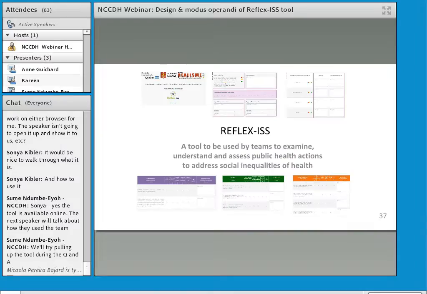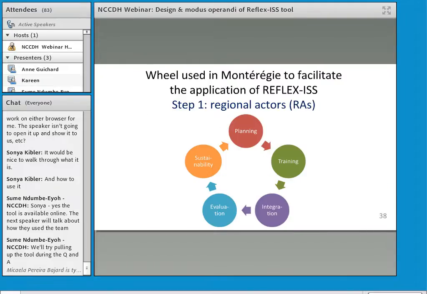That's the tool, in fact, that is when you will be able to find it, it looks like this. So we decided to train the regional actors and not for now the local actors, because in Quebec we have regional actors that are in a public health unit, and we have local actors that are more in the field, so more at the CLSC levels that act in public health. And we decided to start with the regional ones because in our role we need to accompany, we need to be there for the local ones to help them do their activity.